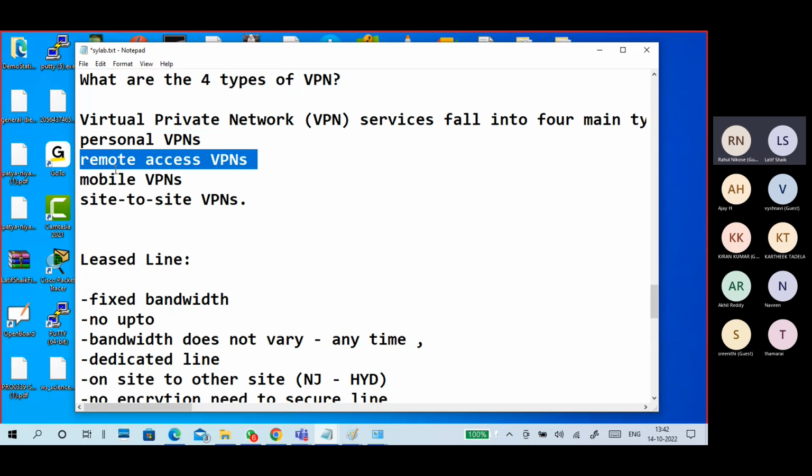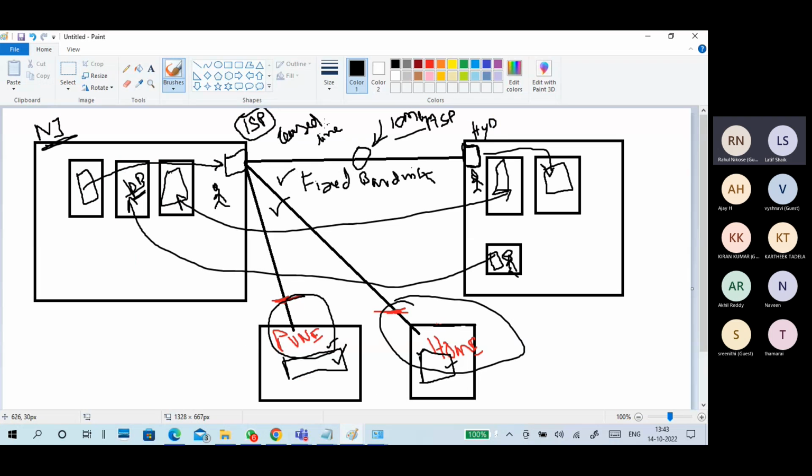Okay, the first one I explained was remote access VPN, which I just told about. What is site-to-site VPN? As I said earlier, these are the leased lines to make a connection between these sites. Sometimes certain branches or even a big office is difficult to get connected with leased lines, because for leased lines we need to take care of connectivity permissions and all sorts of things.